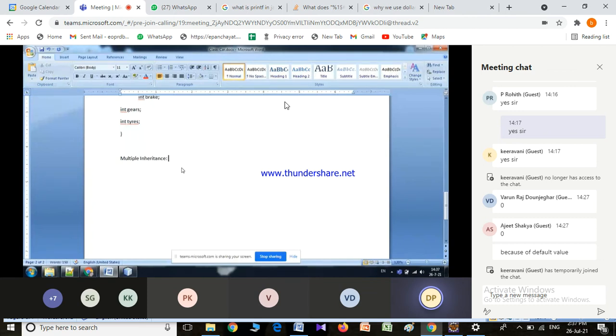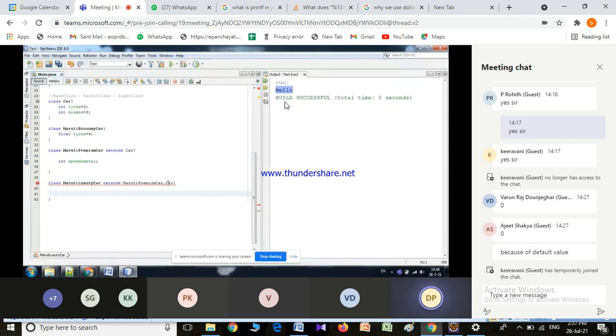What is this multiple inheritance? One class extending more than one class, which is not allowed in Java. See, for example, here I have Maruti premium car and car.